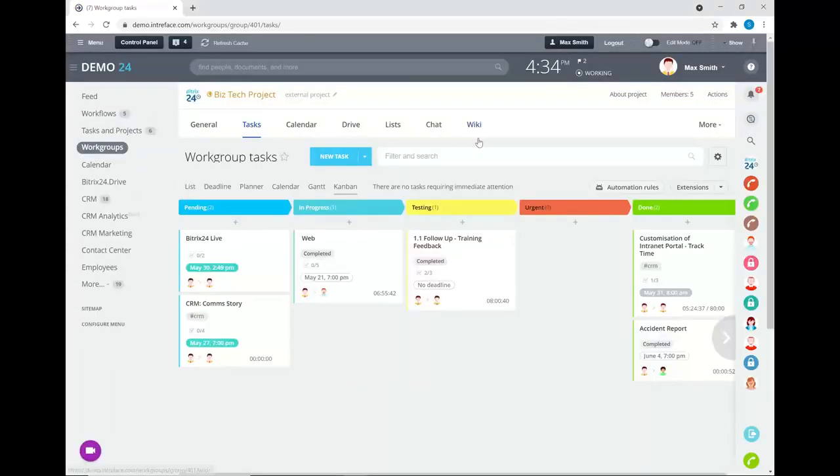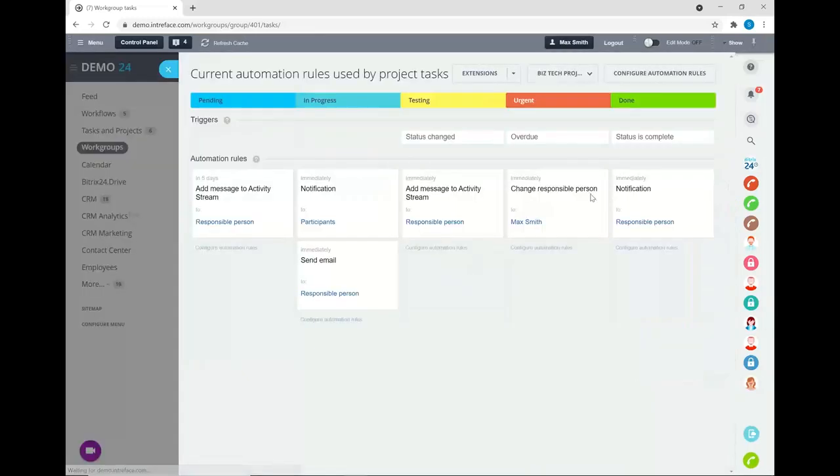Okay, so we've come back into the BizTech project and we're now in the task module. We mentioned earlier about how we have a Kanban view and we can progress tasks through certain stages to complete them. Now, for every single project that you create, you can customize the stages for that project. So, for example, if I go into all of our projects here,